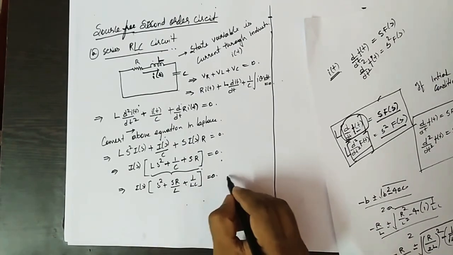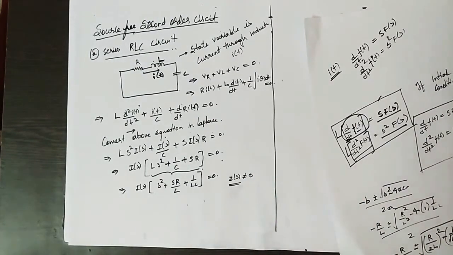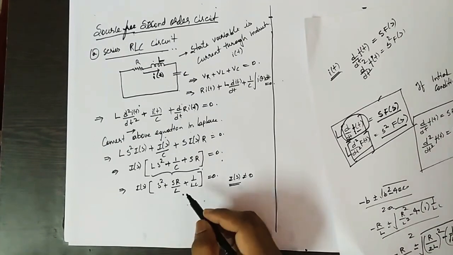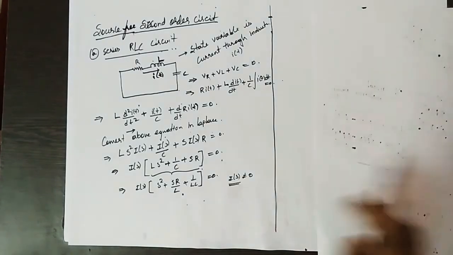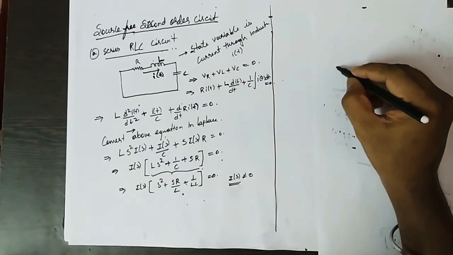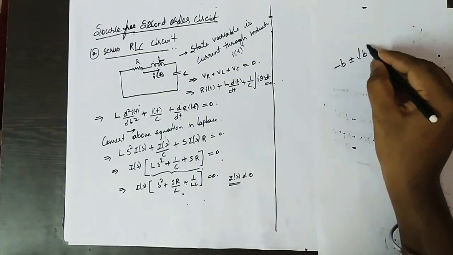So here I of s is not equal to 0. If you consider I of s not equal to 0, that means the response I of s is not equal to 0, then we have to obtain the roots of this equation. Based on the roots of this equation only, we can get the response I of t. So this is a second order quadratic equation. So in general, to find the roots: minus b plus or minus root over b square minus 4ac, by